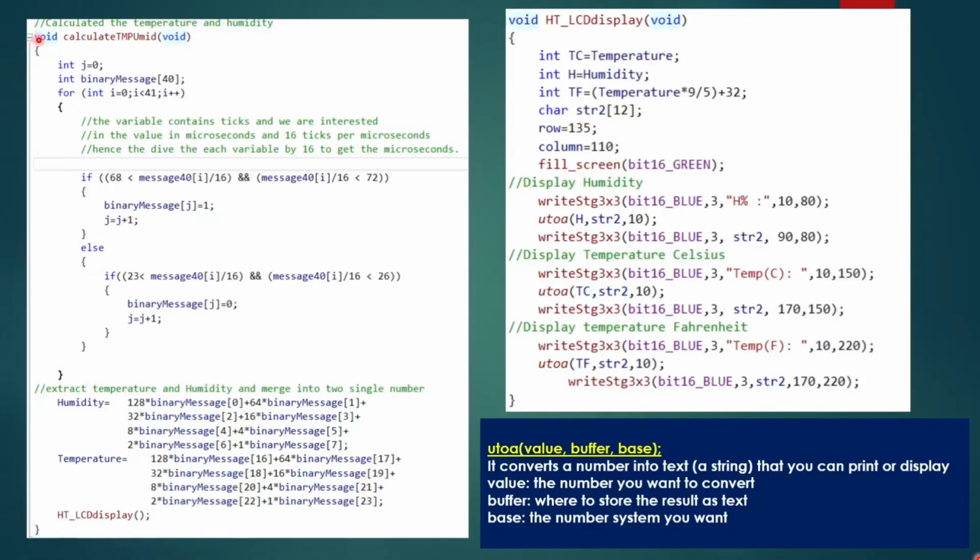Next I have here calculate the temperature. So I'm going to get this array, which is the message 40, and what it contains are ticks for the duration of the signal. So now based on that, I need to figure out whether they had transmitted a 1 or a 0. Now I take the message. Now I have 40 messages, so I go from 0 to 40. So I take the message and divide it by 16 to convert the ticks